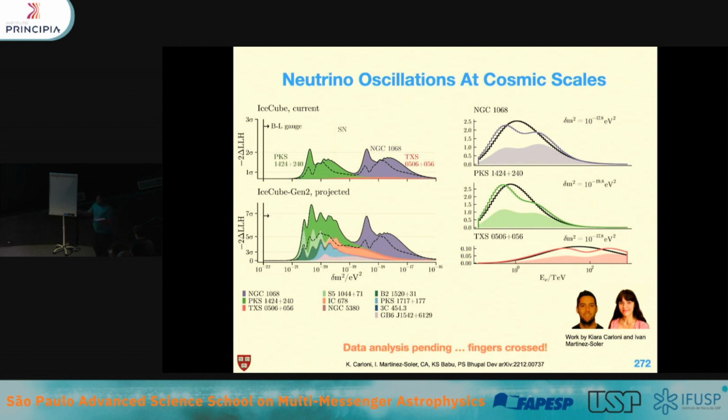And so the idea is that you will look at different objects and you will look for this disappearance at the same ratio of L over E. This is analogous to what we were talking about earlier with Japan, looking at all of these different reactors, and then when you put everything together, you see these beautiful oscillation waves. And so our hope is that with our first sources, we will see first hints of this, but this analysis is pending.